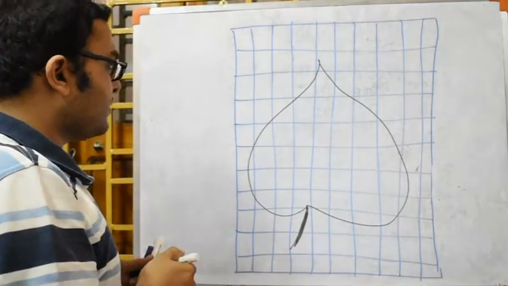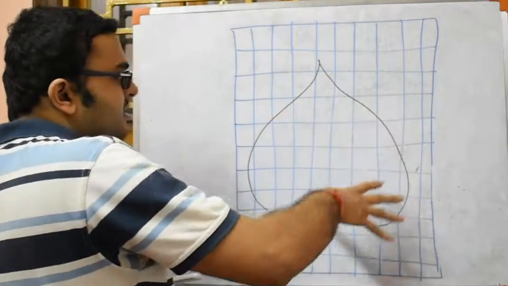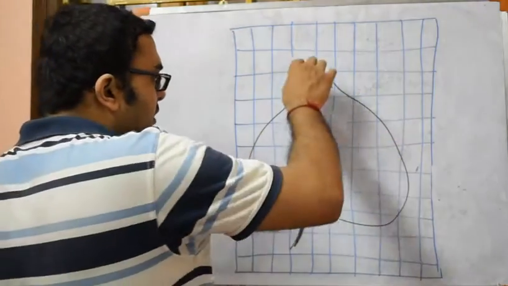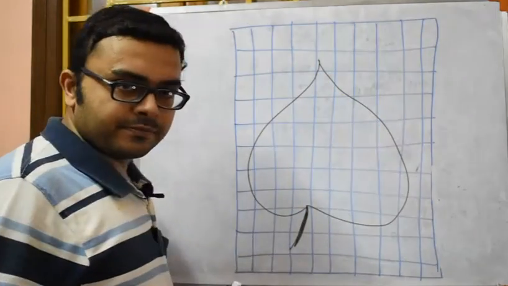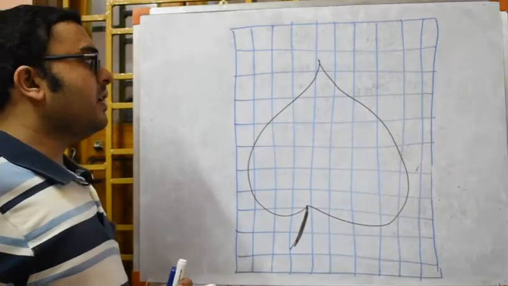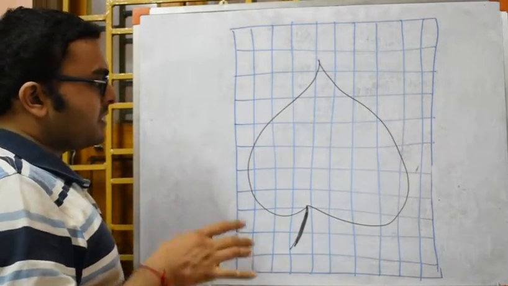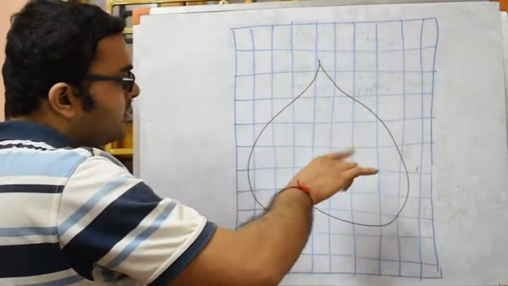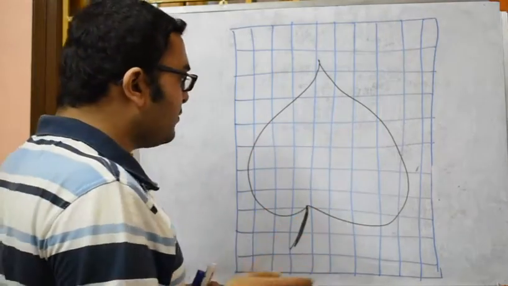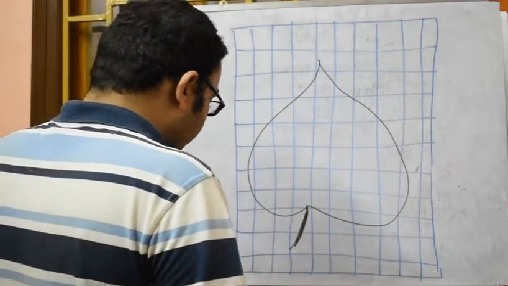Now you see, first of all you need to count. When you place this leaf on a graph paper, draw an outline of the leaf and remove the leaf. Now you need to count how many boxes are present within this outline of the leaf as a whole. What I mean is,